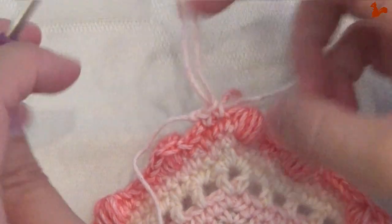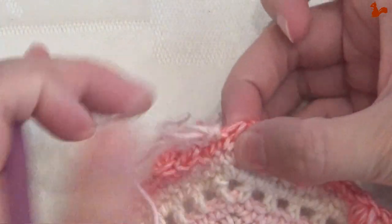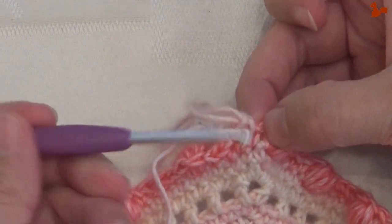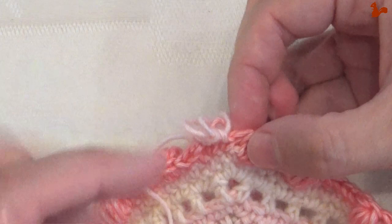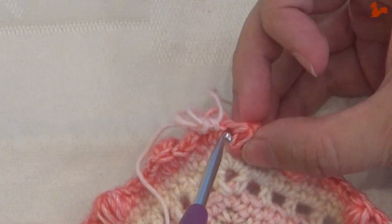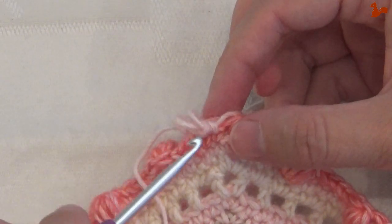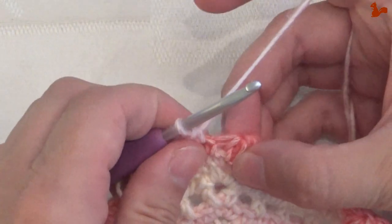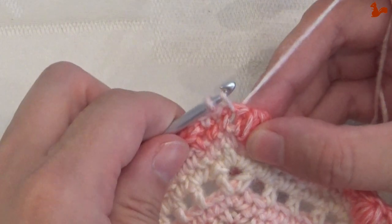I'm just going to open this up here. If you look here, you see here's the puff stitch, and if I pull all of this open, there, you see there's a gap. You see actually here's the stitch, but underneath the stitch, so underneath all of those loops, actually really where I'm poking my hook in there, we're going to work 2 double crochets. And that's going to be the first half of the corner. So underneath all of these loops, so really in that gap there,